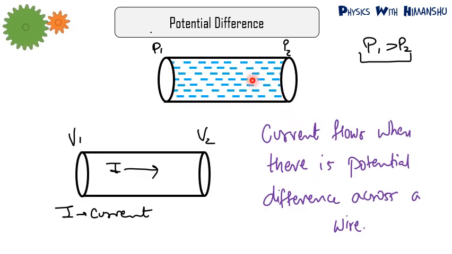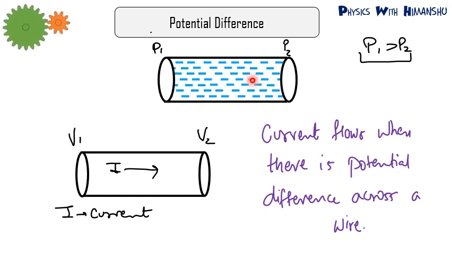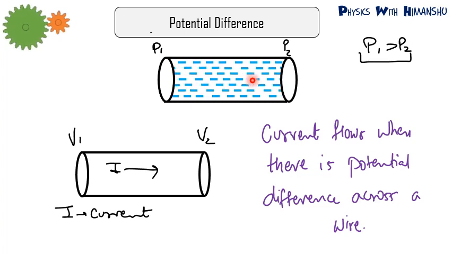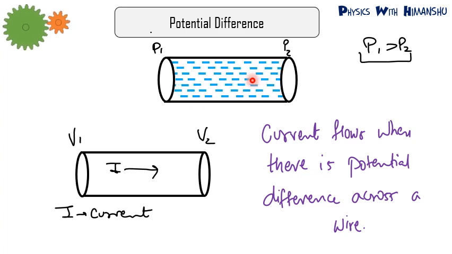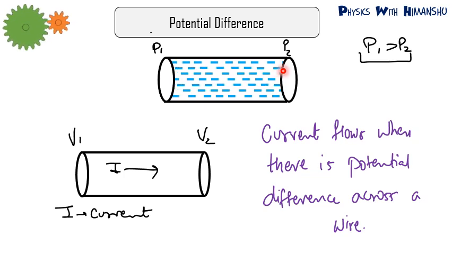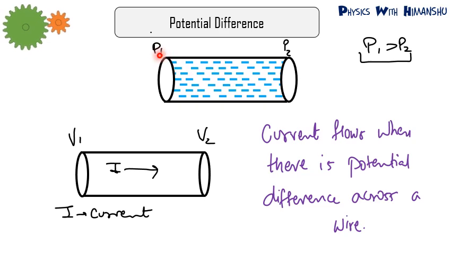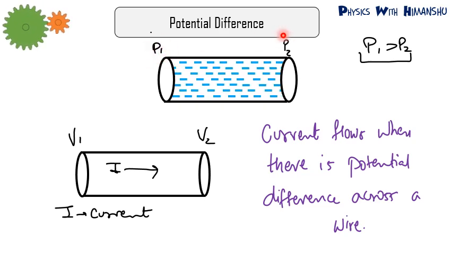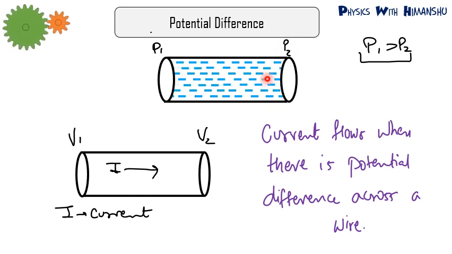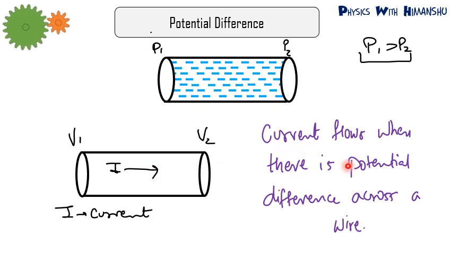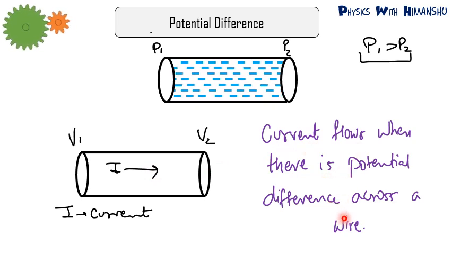Okay, now why would current flow in a wire? Suppose a wire is just placed on your table. Is there any flow of current? No. But if you put a cell across that wire, then there will be flow of current. So understand this thing, like in a pipe, if there is flow of water, then the flow of water is due to pressure difference. So if there is pressure difference, then only this water will flow. Similarly, in a wire, current flows only when there is potential difference across the wire.